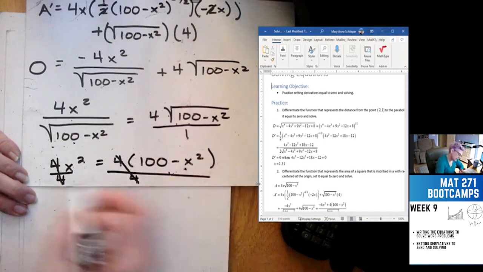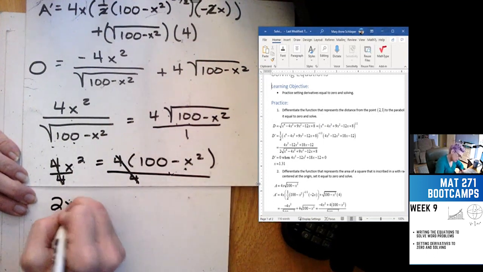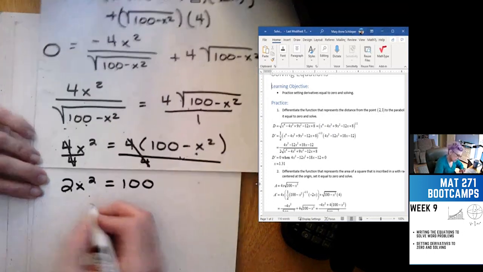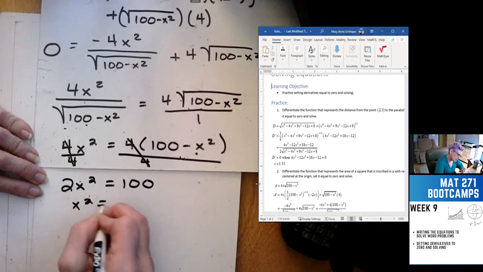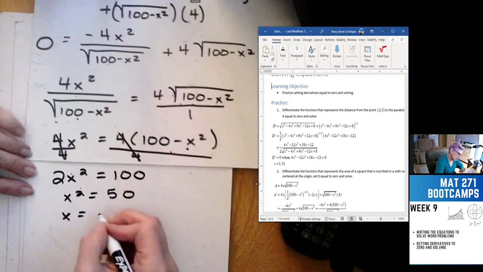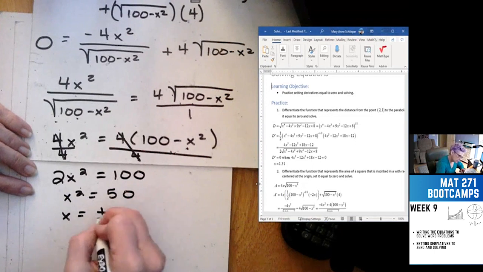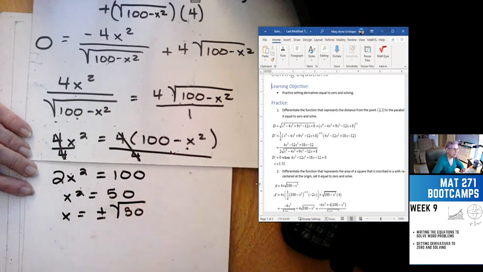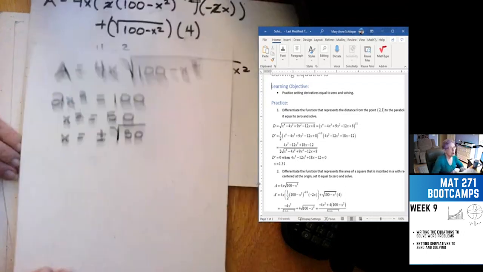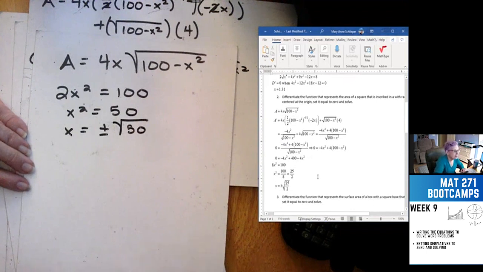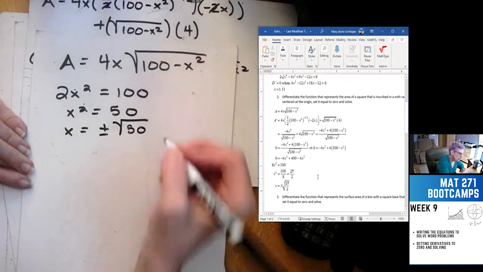Yeah. So I'll add x squared to each side. So 2x squared is equal to 100. So x squared is equal to 50. So x is equal to plus or minus the square root of 50. And since we were talking about distance here, we end up with just,